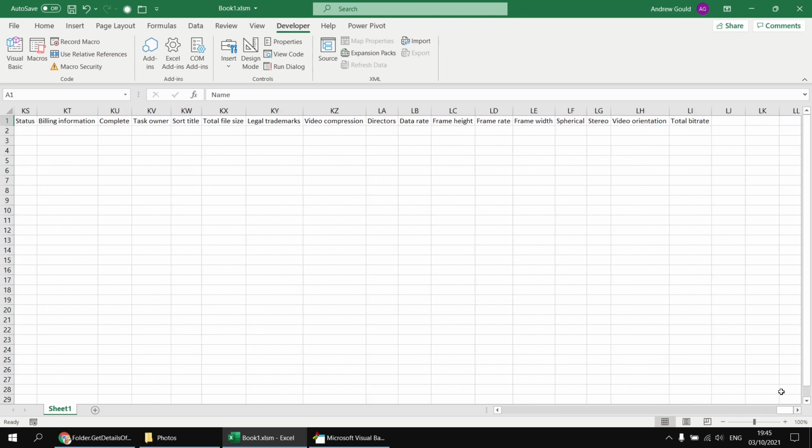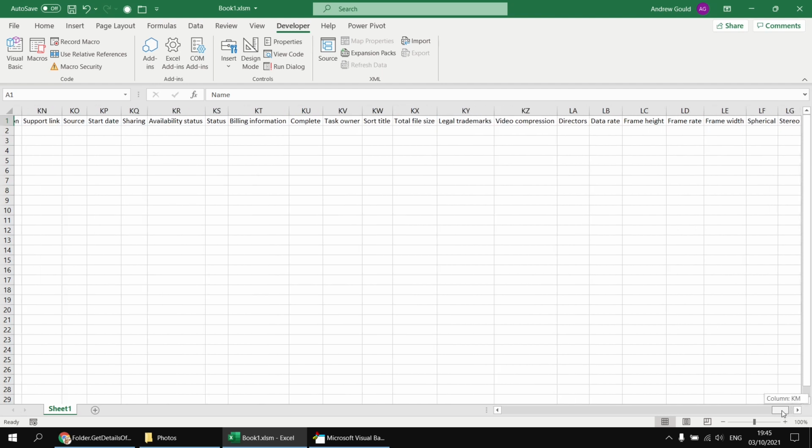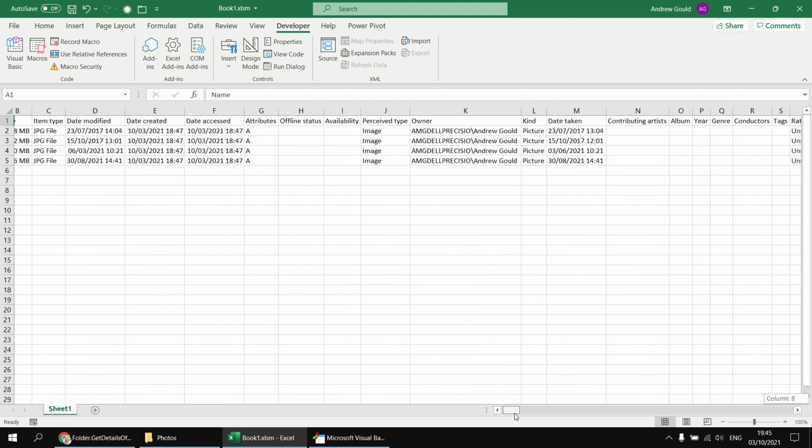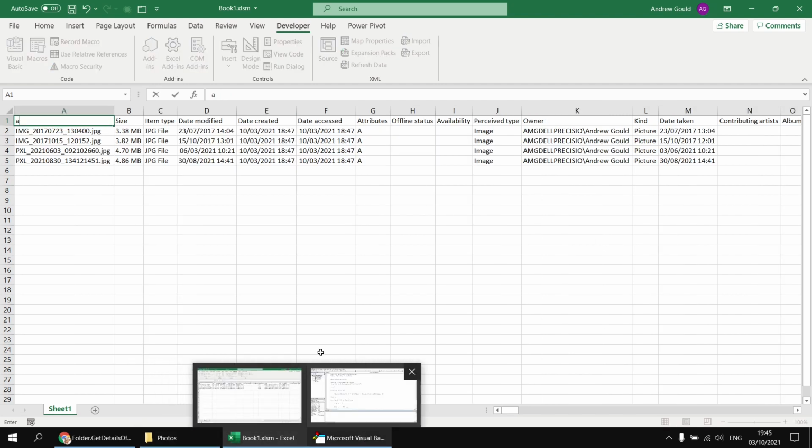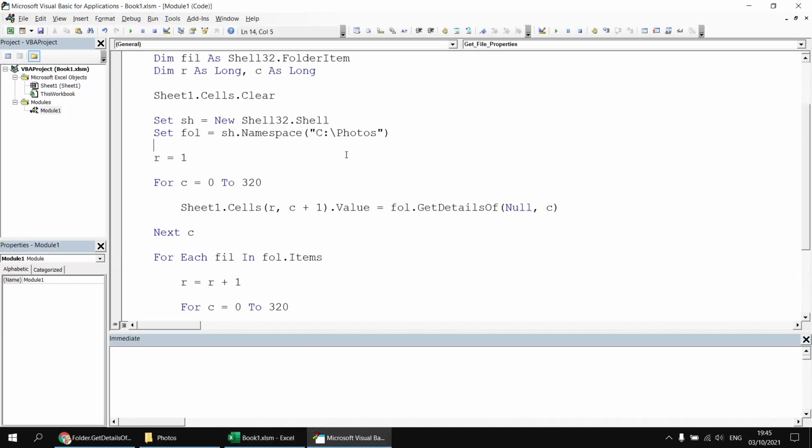So there we go. Now of course you'll get different properties written out for different types of files. So here I've got nothing to do with musical files, no artists or album or year, etc. But if we just changed the folder we were looking at, so let's say I headed back to the Visual Basic editor and I changed photos to say music instead. I've got a few MP3 files stored in a folder. So if I run that subroutine again, it's going to loop through a different range of files. I think there are 10 or 11 of them in that folder. And when that one's finished,